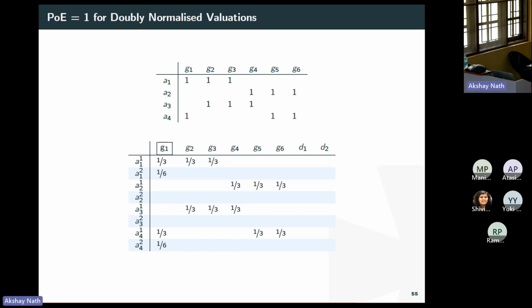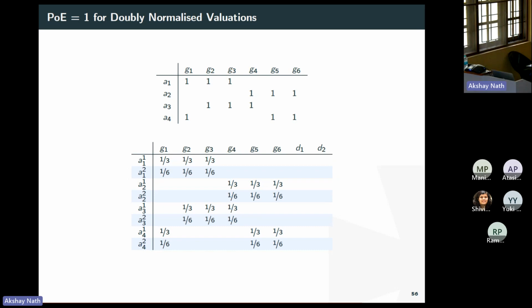Among all the remaining agent copies, do the same. Now, because of this doubly normalized structure of the evaluation matrix, each of the liked goods, the non-dummy goods, are consumed at the same time step. We want these second agent copies also to eat 1 unit of good in the last time step, but right now they have eaten only half of the goods. 3 times 1/6 adds up to half. So they can eat half of